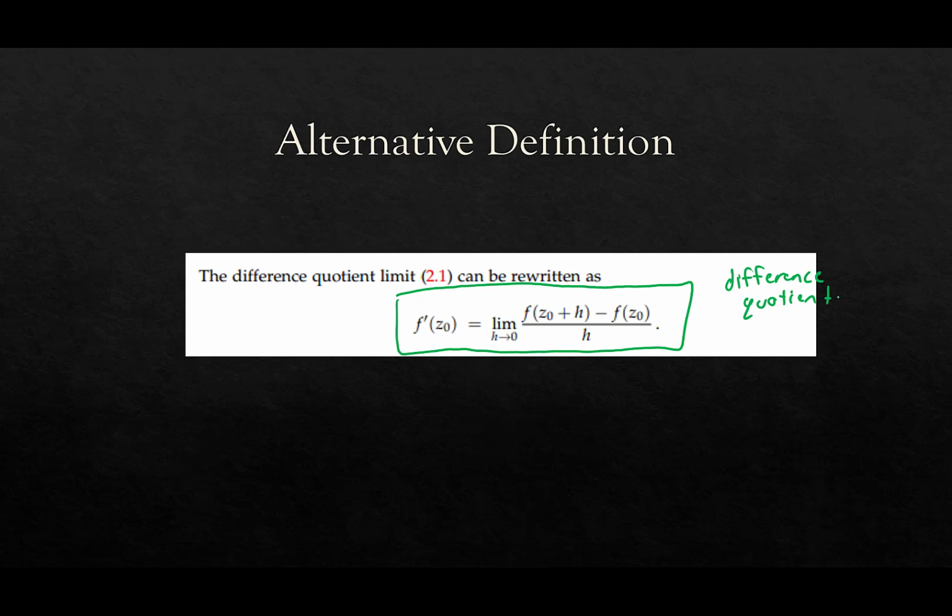Now again, you use either the other definition or this definition. It all depends on what functions you're dealing with. Sometimes it's easier to use the other definition, sometimes it's easier to use this definition. So just keep that in the back of your minds. Whenever you're using these definitions, just think, well, maybe one's better than the other, and proceed from there.